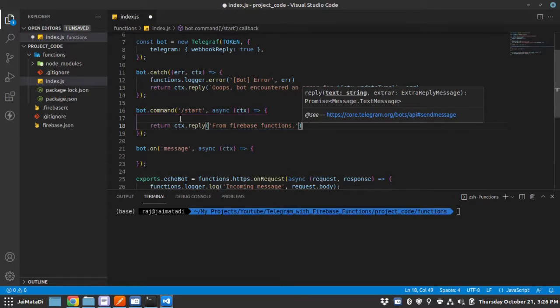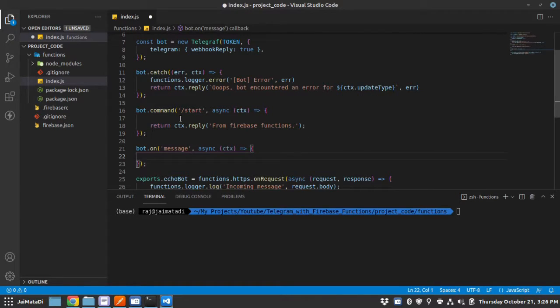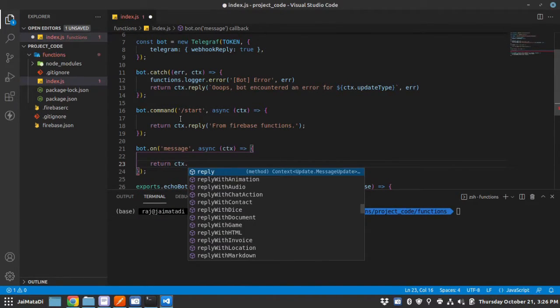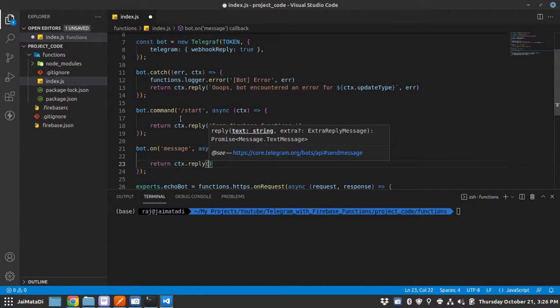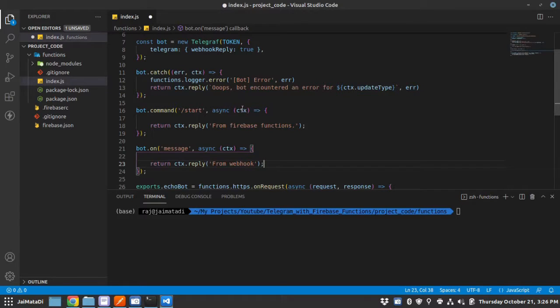Now I'll do the same thing here, but instead let me first say from webhook, and then we see the parameters we receive using this context,